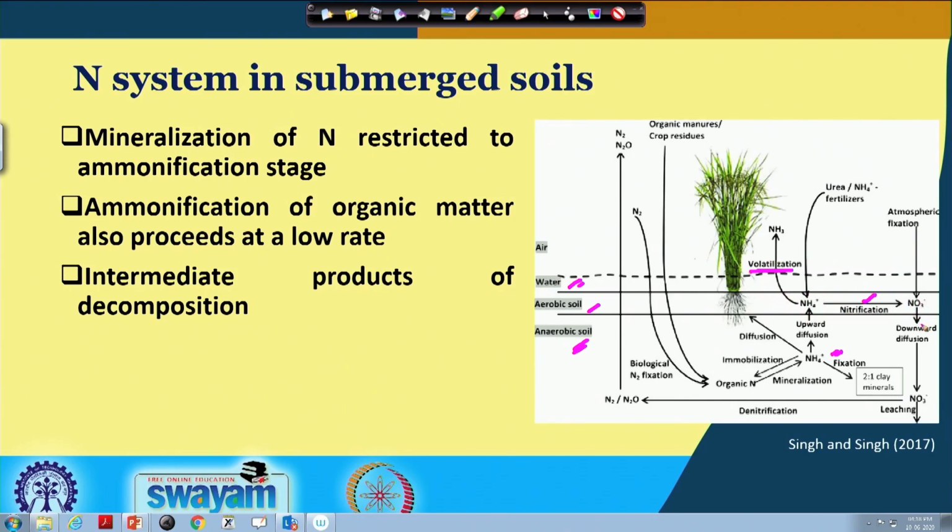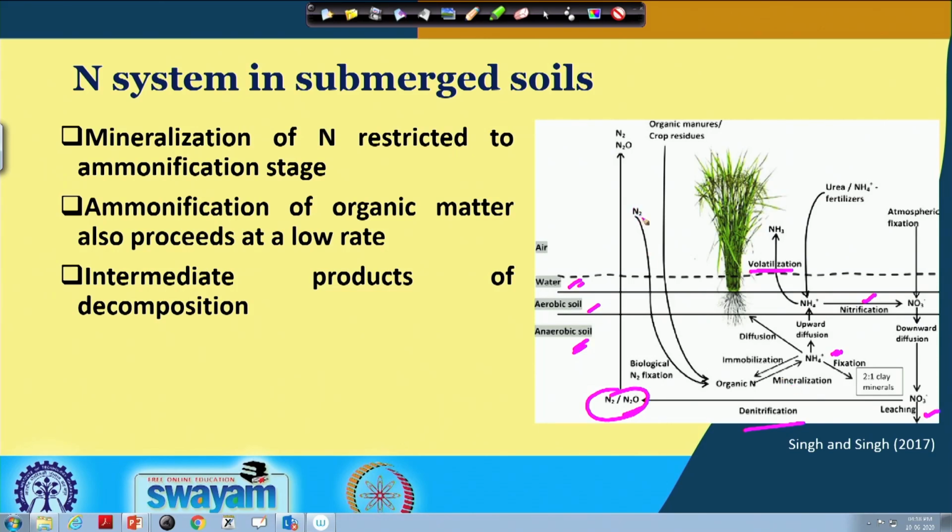Then this nitrate goes downward through a diffusion process, and it either leaches away from the soil, or gets denitrified by denitrifying bacteria to produce the reduced forms of nitrogen, that is either nitrous oxide or elemental nitrogen, and these are released into the atmosphere. Also, these